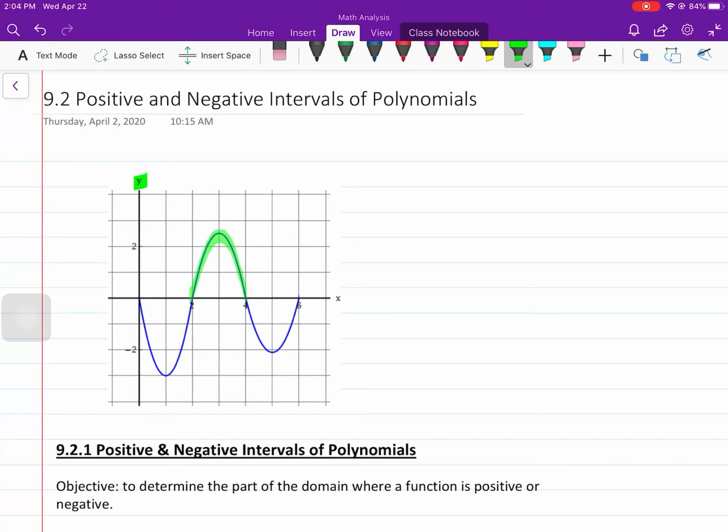So in this one, it's between 2 and 4. We would say f of x is positive, and sometimes I'll just say it's greater than 0, but we'll say is positive on the interval (2, 4). And I use open intervals because technically it's 0 at 2 and 4, so it's not actually positive or negative at 2 and 4. And then f of x is negative when it's below the x-axis, which would be right here